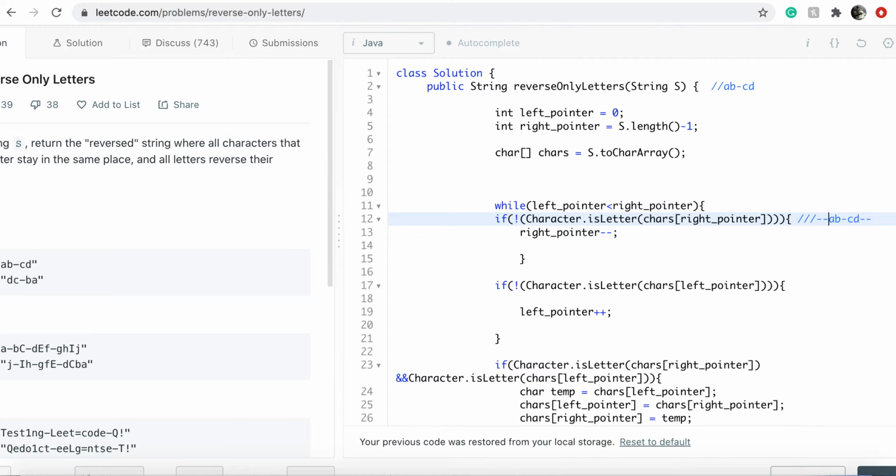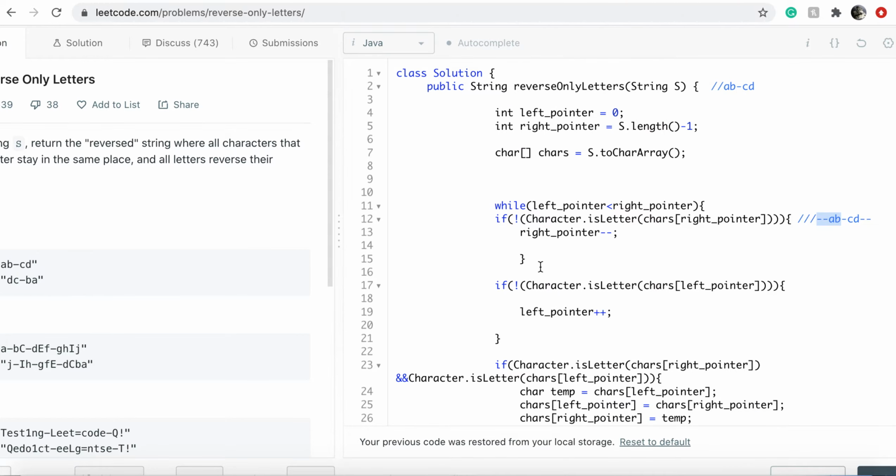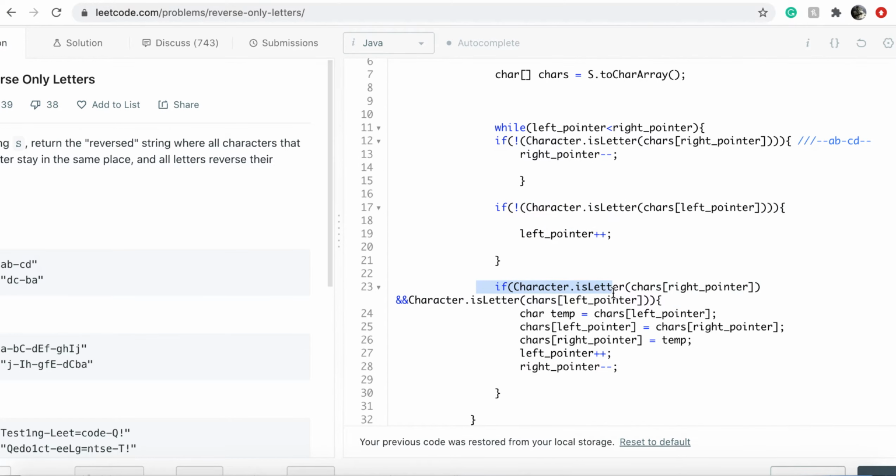Let's say we add another example. It's going to check, is the character a letter? No. So you do left pointer plus plus. Character? No, left plus plus. So you get the idea. And then this if statement. The next if statement down here is going to check